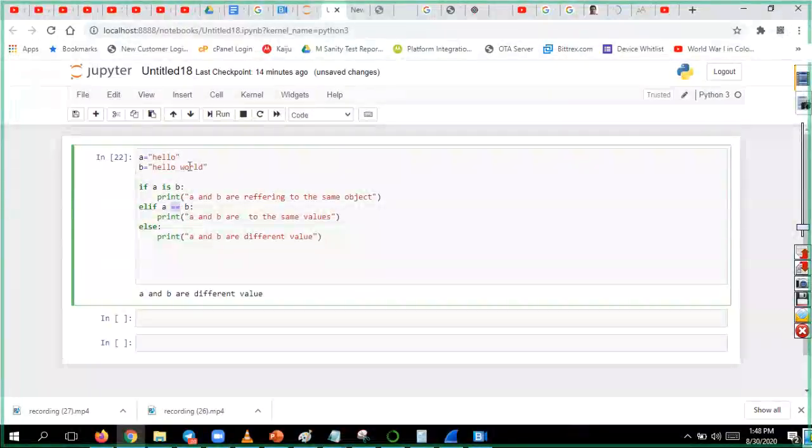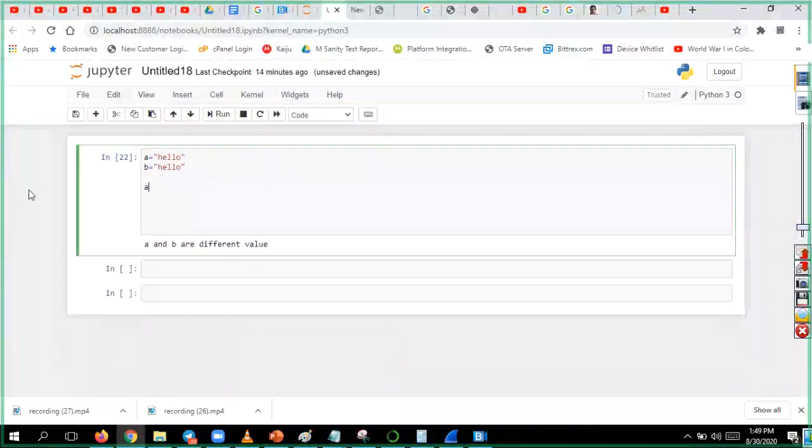Say for example, if I say print A is B, what will it return? True or false? Guys, A is B. Both are the same objects. Until you have a sentence, then it will become false.